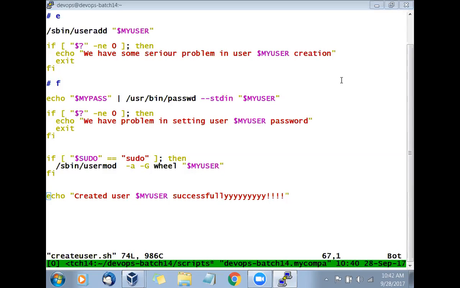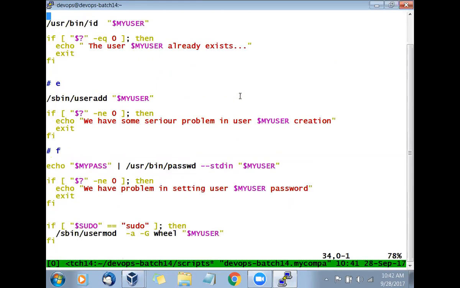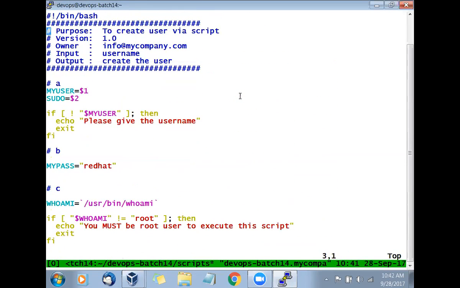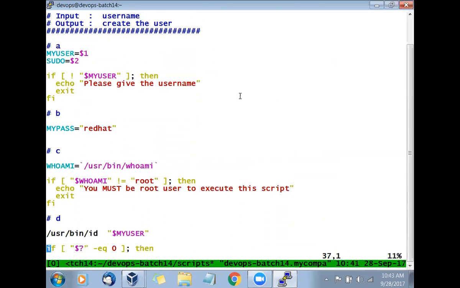Okay, so let's go to the top and revise what we did. First we got the variable definitions. Then we checked that variables are available correctly. Then we defined the password. Then we checked whether we are the root user or not.